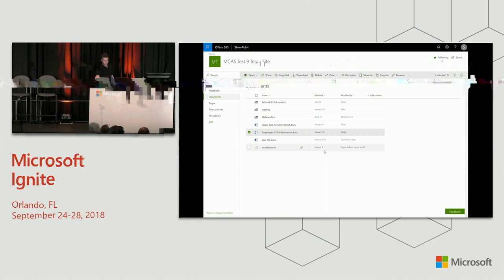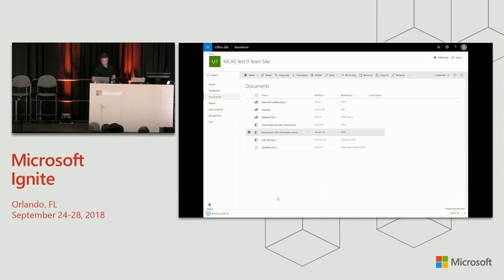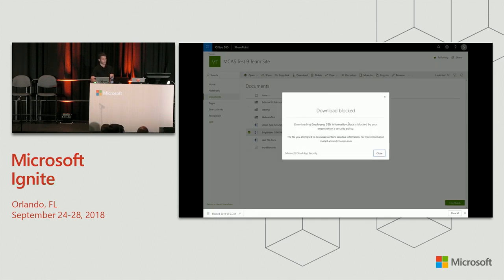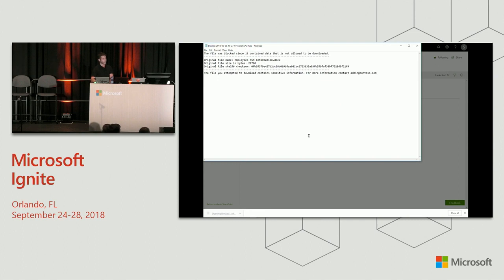You can see now that when I click on download instead of open, you can see that instead of getting the regular file, the download was blocked.